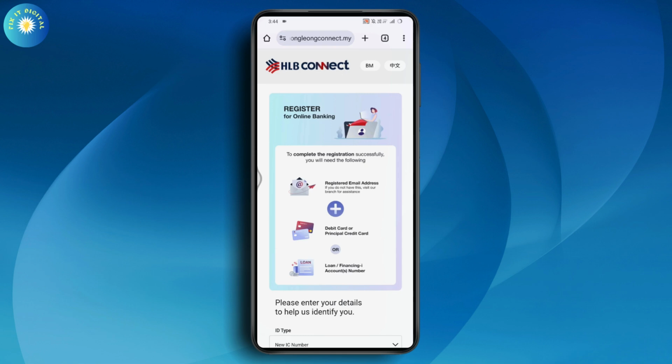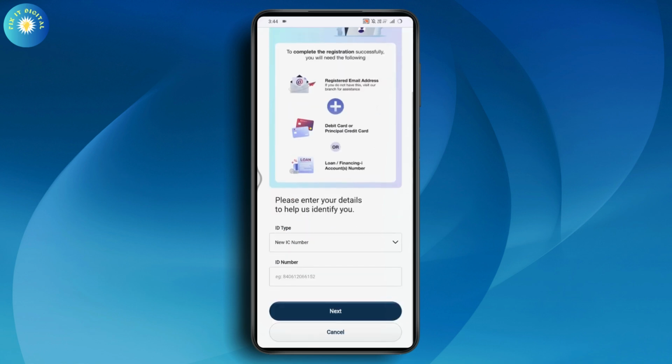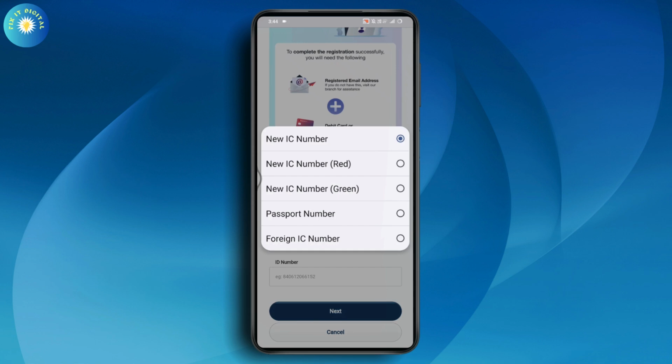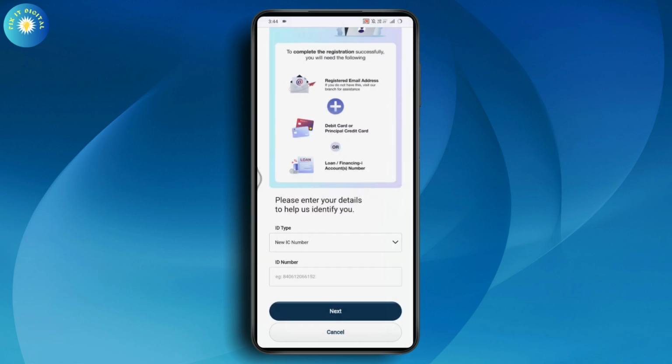registered, and you need to have a registered email address, your debit card or your principal credit card, or your loan or financing account number. So just scroll down and enter your ID type, which is you can simply go with the IC number or red IC number, green IC number, passport number, or foreign IC number, and then enter your ID number and go with next and just proceed with the following steps, and you will be able to register to your online banking